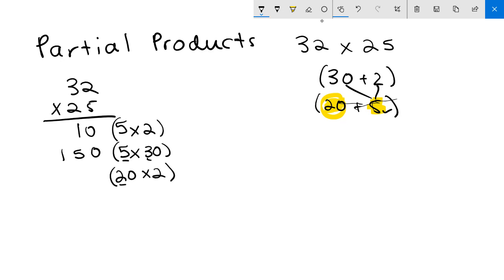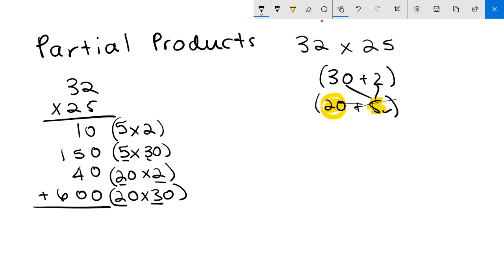Okay, I know 2 times 2 is 4. There's a 0, add a 0. Okay, the next one is going to be 20 times 30. Okay, I know 2 times 3 is 6, and I'm going to have 2 zeros. That is 600. Now, if you notice, when I'm lining up my partial products right here, 10, 150,